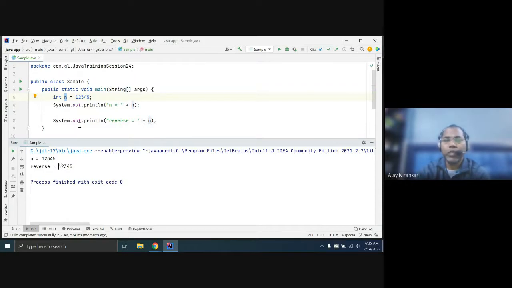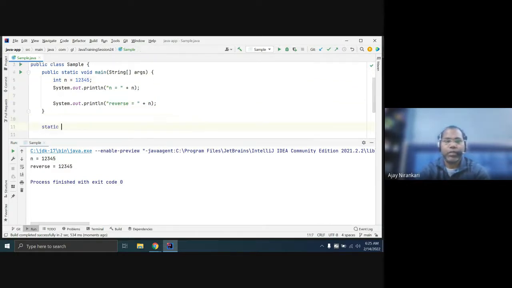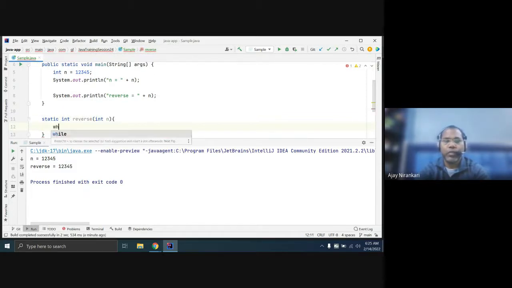We know the modulo operator returns the remainder, and the remainder gives us the 5. So let us write one function, a static method reverse, and it will take one integer number. As you know, if the number is greater than 0, we can do something.